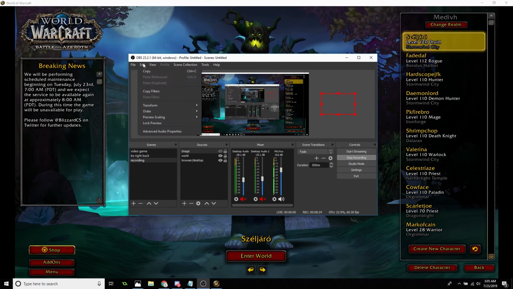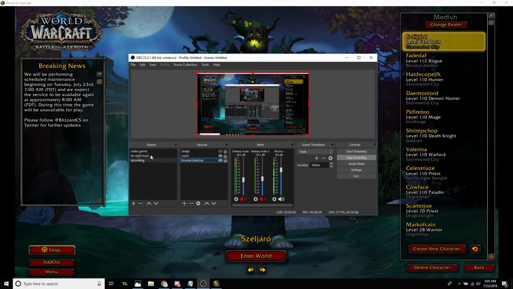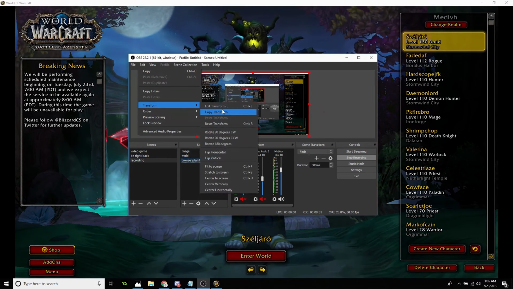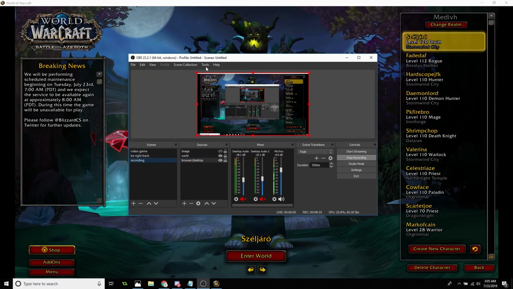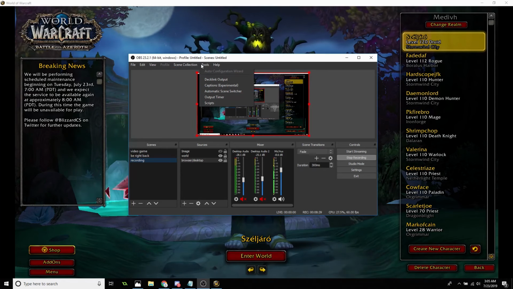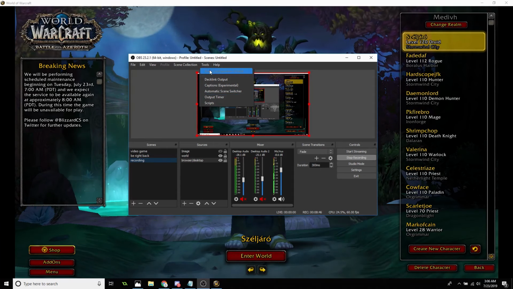You can also edit. If you click on your world or the desktop, you can edit it, and you can transform up here as well. There's more selections up there. Tools, you got collections. You can set up your scenes, rename, import, export ones that you saved and do, or from other people if they have them saved or downloaded. Over here you can add captions. You do a whole bunch of things with tools. You got your